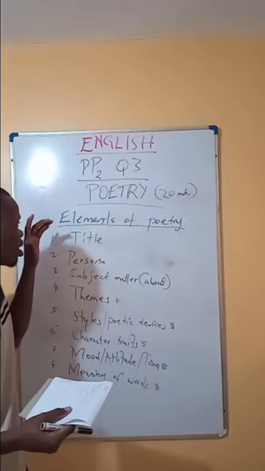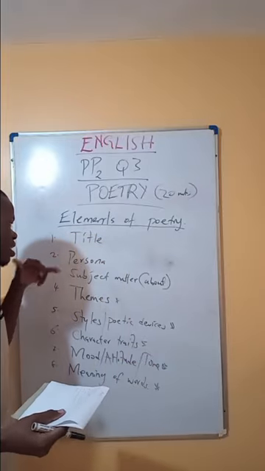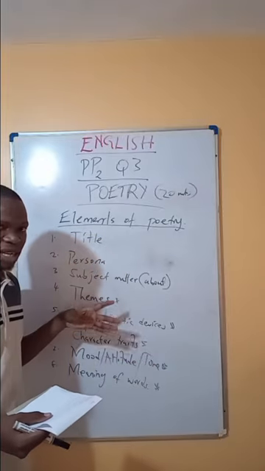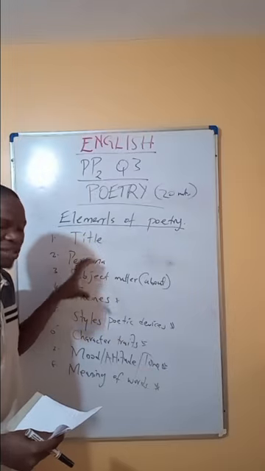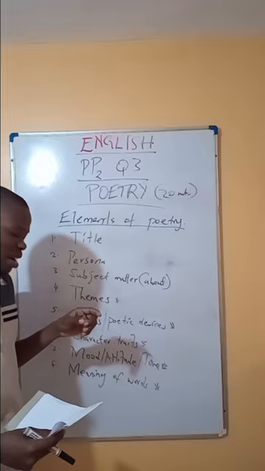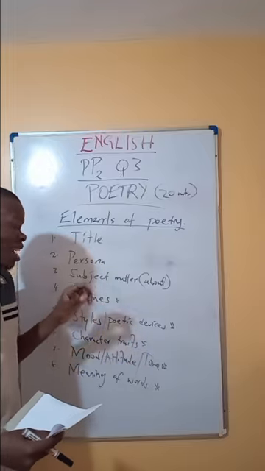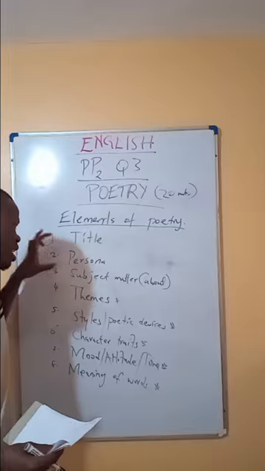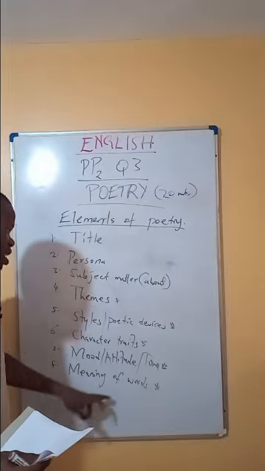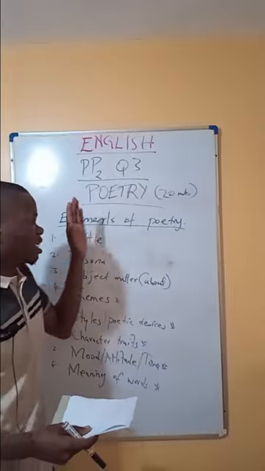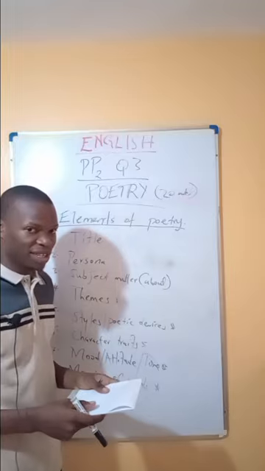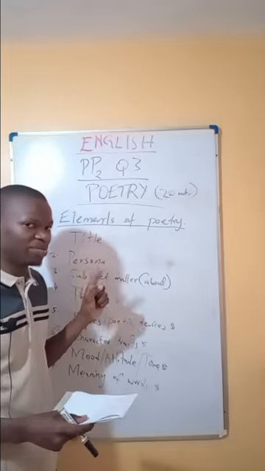So we are going to tackle element by element, understand its importance and how it is asked in the poetry section, and the main goal is how do you answer when you are asked to give these elements in a poem that is in paper 2 question 3. Okay, so we're going to start one by one. Follow me.